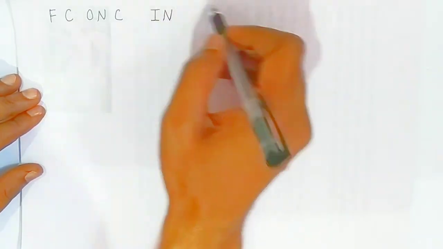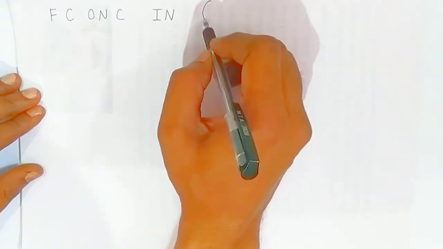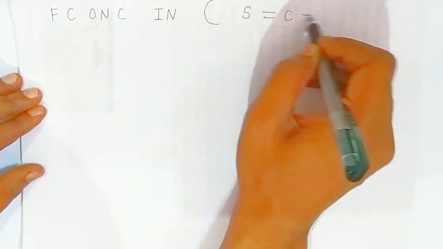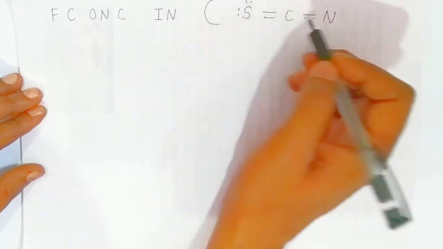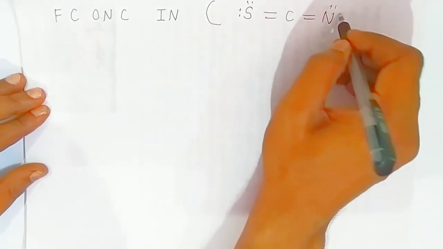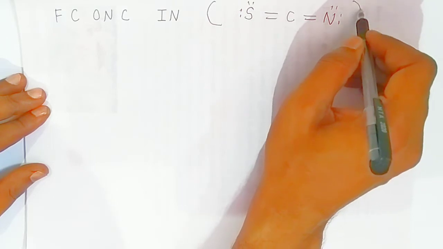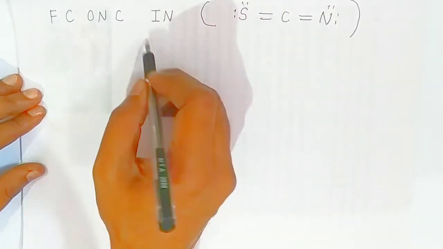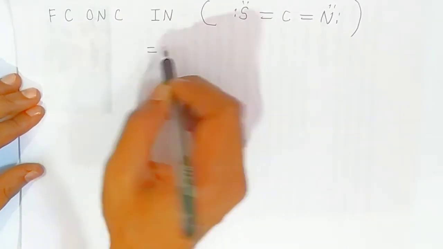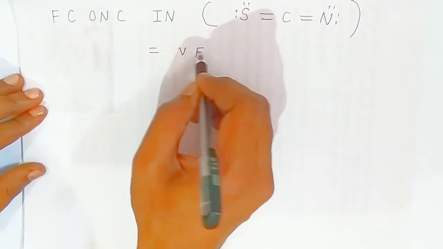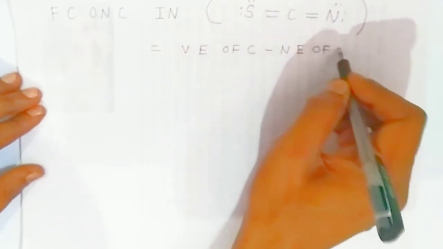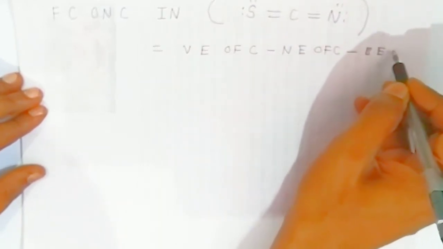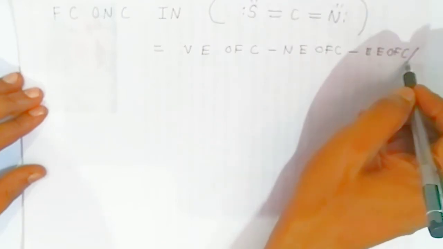Same way students, you can find out the formal charge on carbon in the same structure, with carbon as the center of this thiocyanide structure. Here there are no non-bonding electrons, all 4 are bonding. They are following the Lewis dot structure. After writing, now you want to find out the formal charge on carbon, which is equal to the valence electron of carbon minus non-bonding electron of carbon minus bonding electron of carbon, and you have to half it.